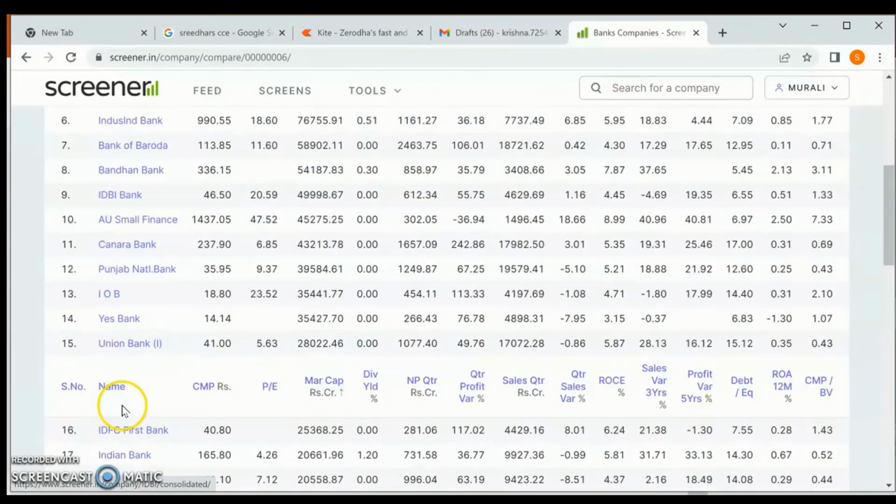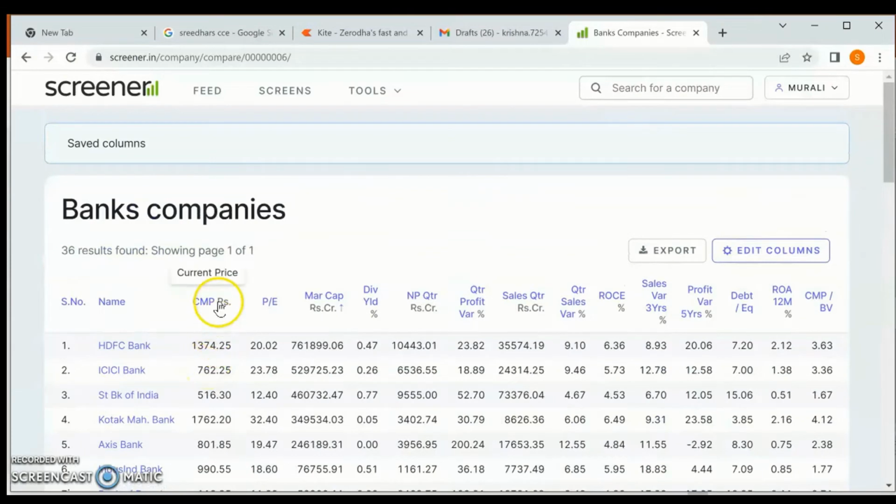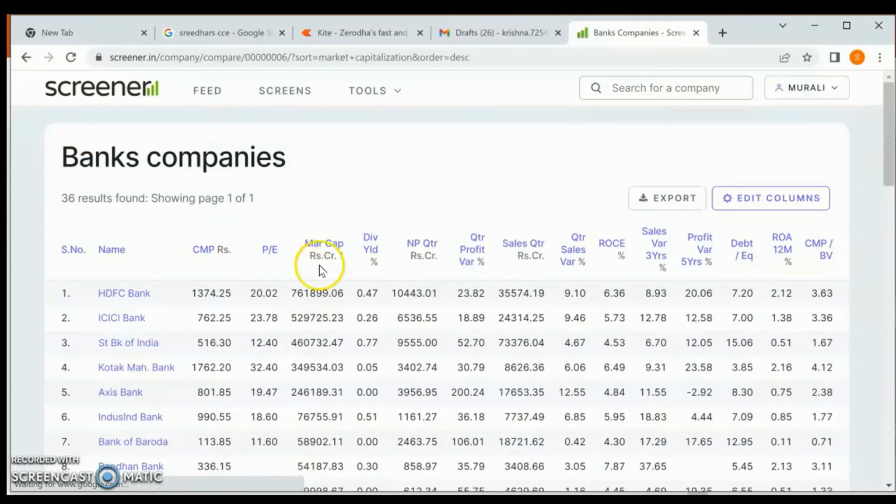Okay, these are the stocks in the banking sector. First, what you need to look at is market cap. A market leader means it has at least a big value. See here, HDFC Bank, ICICI Bank, State Bank. First, HDFC Bank is in a very high position, its market cap is very high compared to ICICI and State Bank. Sorry, guys. So first, market cap is the main thing.